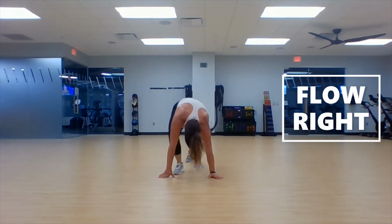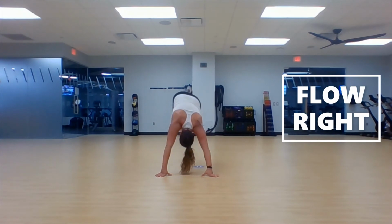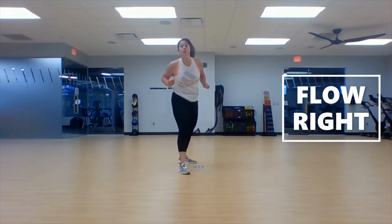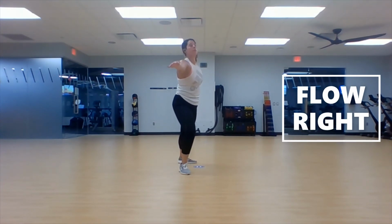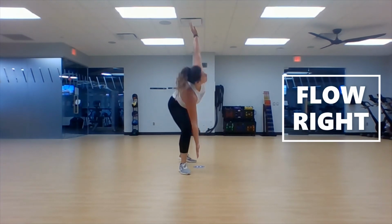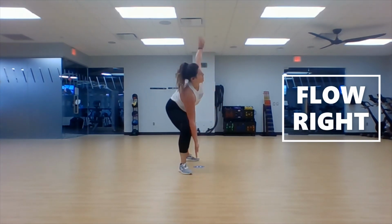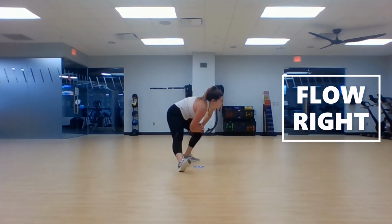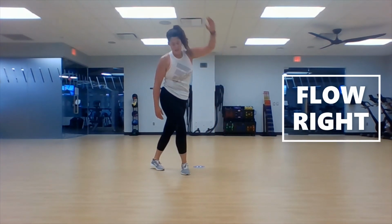One more of our little lunge circuit here. Step it in, turn that back foot, push. Warrior two. Right angle, triangle, adduct, right angle, triangle, adduct, turn it, low, atlas, single leg,